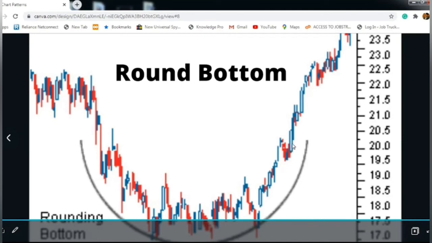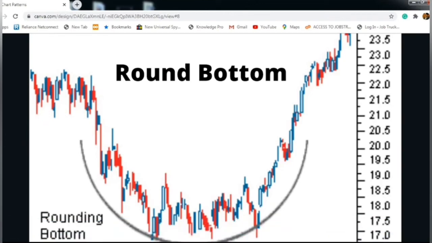No breaking is there in between. After becoming less, it will go uphill in one stretch itself. No decreasing will happen after that. So we can conclude that round bottom is also a bullish indicator. The traders tested, it was becoming less, but at a point it became very high. There was no breakage of the support line. So it's a bullish trading.